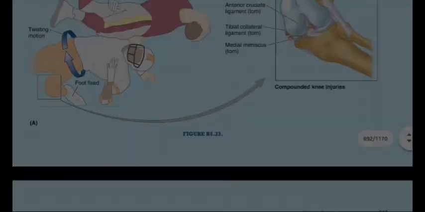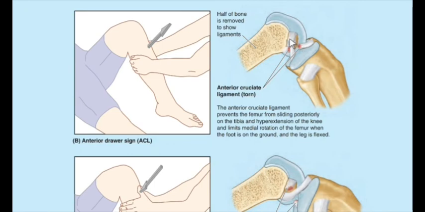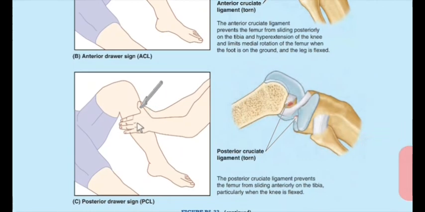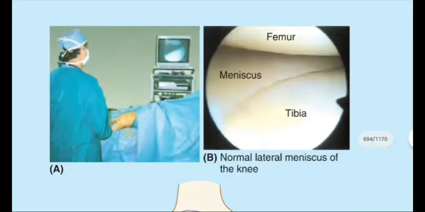Unhappy triad of the knee. Anterior and posterior cruciate ligaments prevents the dislocation of the knee joint anteriorly or posteriorly. If anterior cruciate ligament is torn, the knee joint displaced anteriorly or tibia displaced anteriorly, this is called anterior draw sign, which is positive. And if tibia draws or dislocates posteriorly, this is called posterior draw sign or injury to the posterior cruciate ligament.